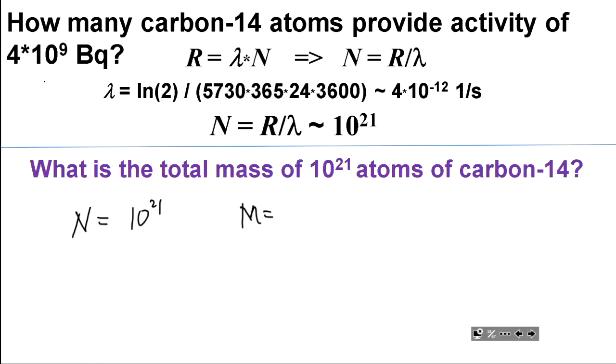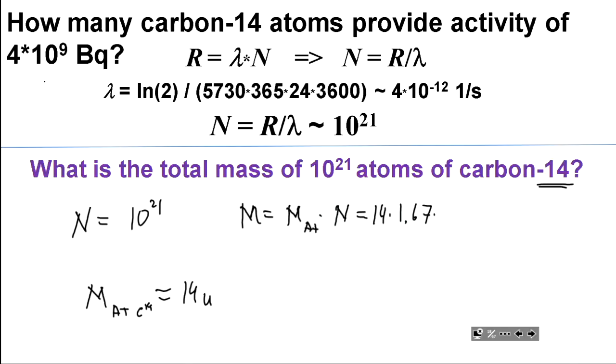I need to know the atomic mass and multiply by the number of atoms. So this is carbon-14. The atomic mass for carbon-14, well, we can look it up, but it should be practically equal to 14 atomic mass units. That's what the atomic mass number tells us. So what do we have to do? 14. We can use atomic mass units, but in this situation I want to see kilograms, so I have to multiply